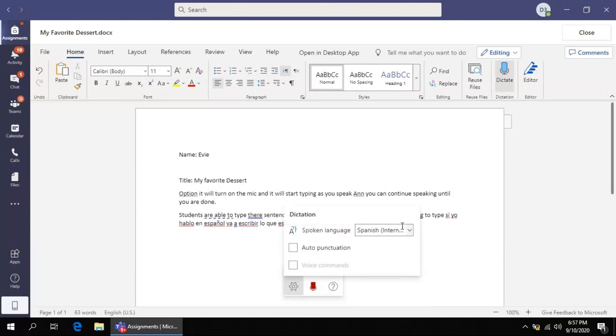I'm going to change the settings back to English. It'll turn off. New line. New line. Oh, it quit. But that's the gist of the